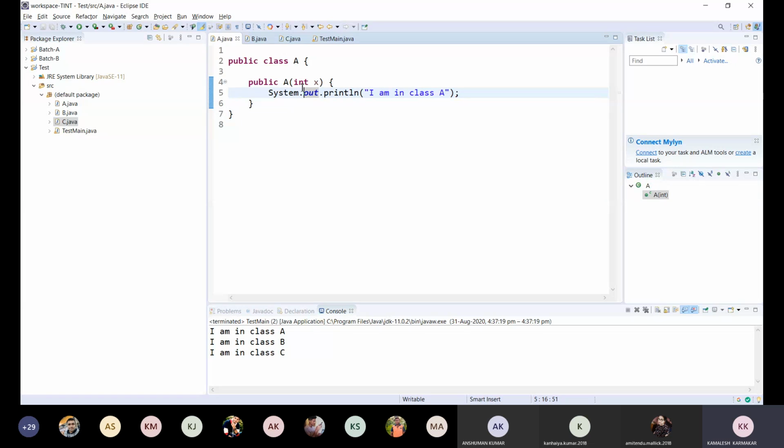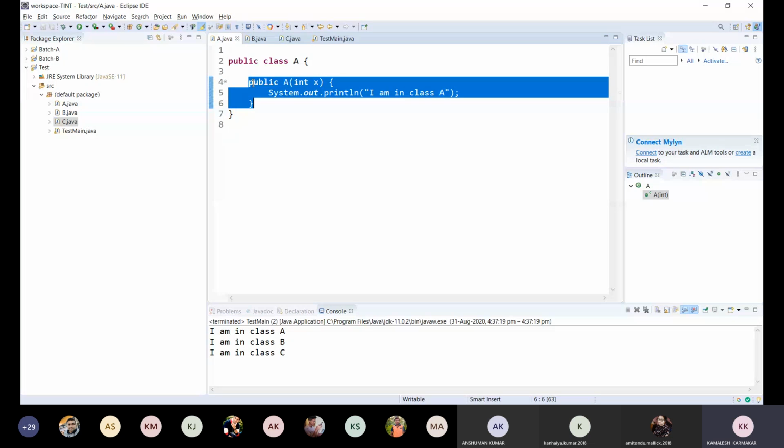Okay, so two things are clear from this line. If I define a parameterized constructor, then the default constructor is withdrawn. The default constructor is not present anymore. If you do not have any constructor in a class, the default constructor will be provided.